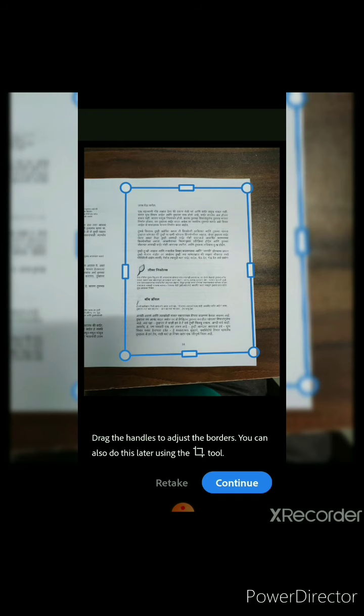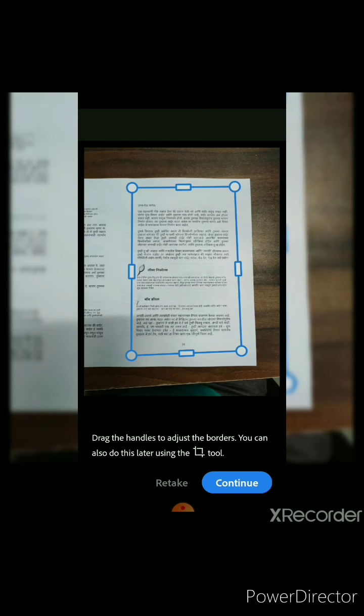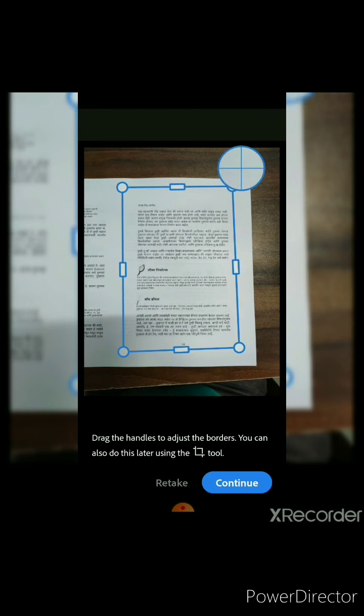We will crop the required area properly, and let's put some margin. Okay, now you can continue. If you think the picture is not appropriate, then you can retake the picture from the retake button. Now just click on continue.